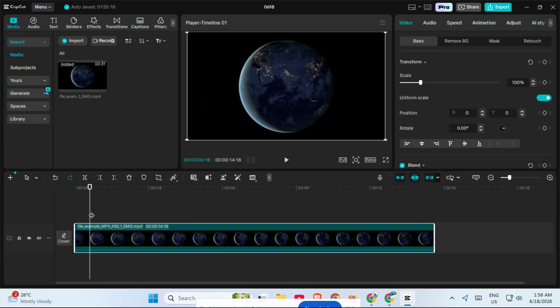With the playhead in position, look for the keyframe button. Depending on your layout, you'll find it in the preview window or in the right side panel. Click that keyframe icon to place your first keyframe. This marks the starting point of your zoom animation and tells CapCut to remember the current size of the clip